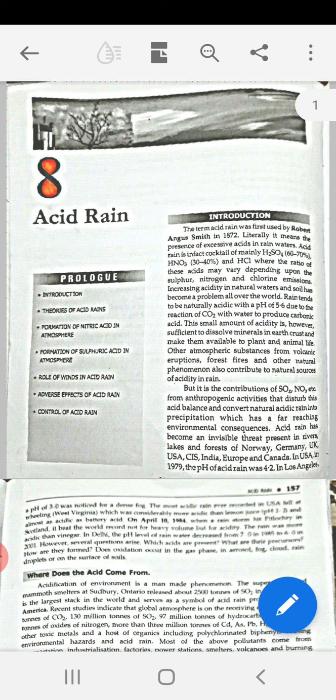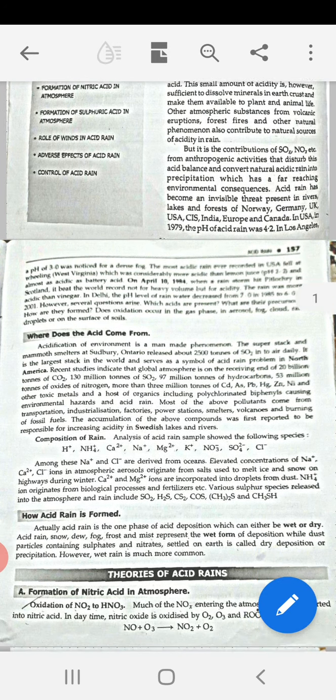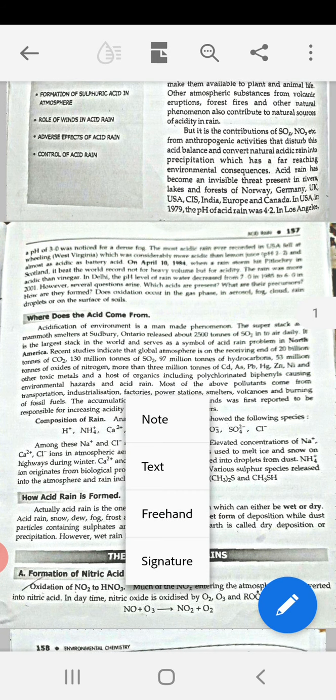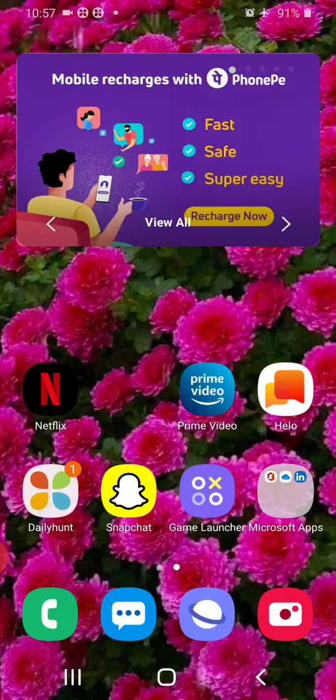Most of the above pollutants come from transportation, industrialization, factories, power stations, smelters, volcanoes, and burning